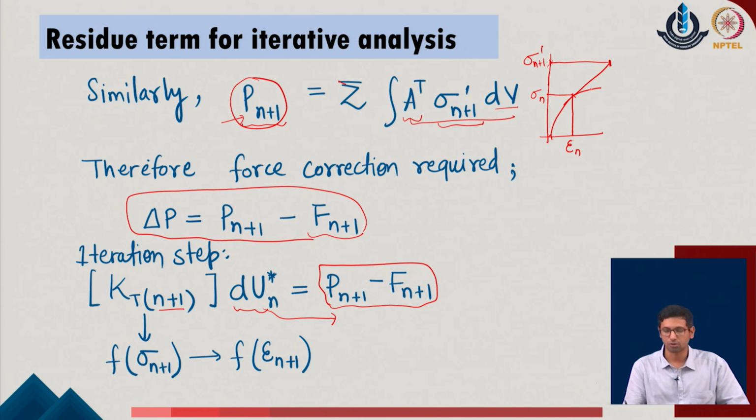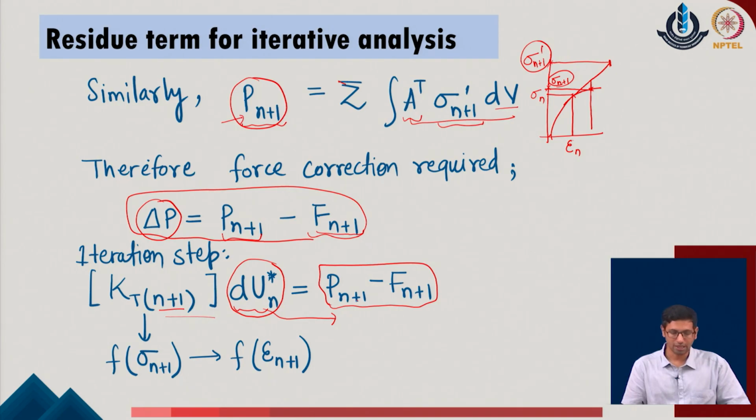and corresponding to that we were able to obtain that at the n plus 1th position somewhere over here the system is able to predict the higher value, whereas the actual value is sigma of n plus 1 in the given system. And corresponding to this sigma of n plus 1, we have obtained the member forces, the nodal load forces of the system, subtracted them from the actual load which is applied on the system to get the residue value of the given problem. And now with this expression, I will be able to calculate the required amount of displacement change which needs to be provided to the system to correct this error in the given problem.